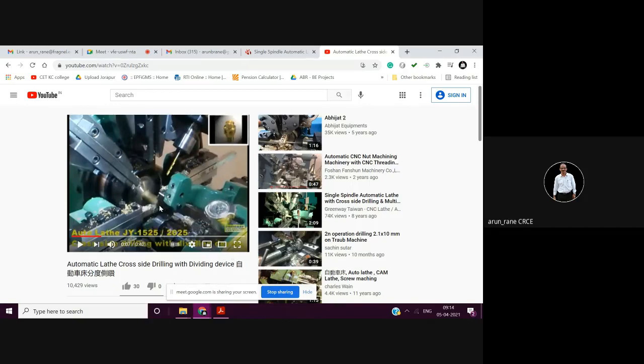That is your normal lathe machine. Like a normal lathe machine, you have front cross slide and rear cross slide in a turret lathe and you have a tailstock. So in automatic lathe, in addition to this front cross slide, rear cross slide and tailstock, you have two more slides, that is front vertical slide and rear vertical slide. That means altogether there will be four slides. This is what you have to understand.